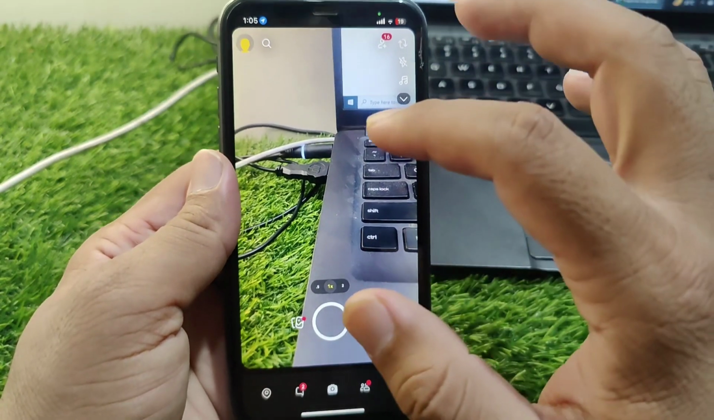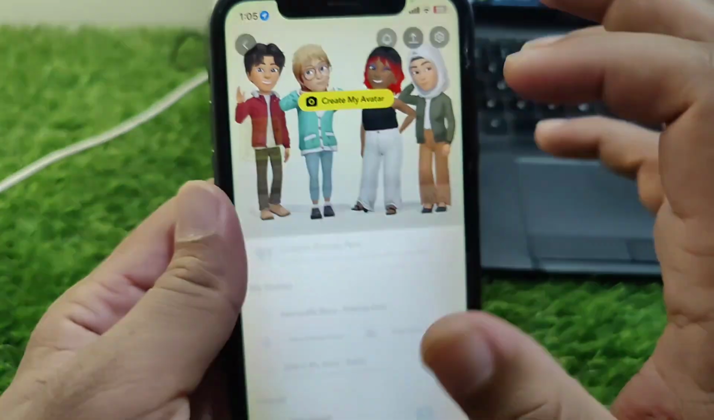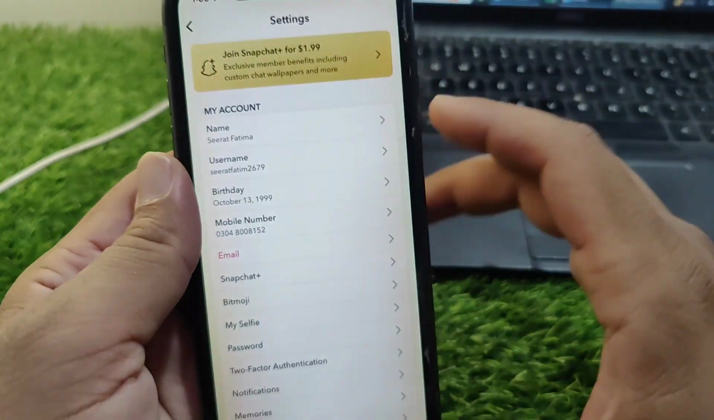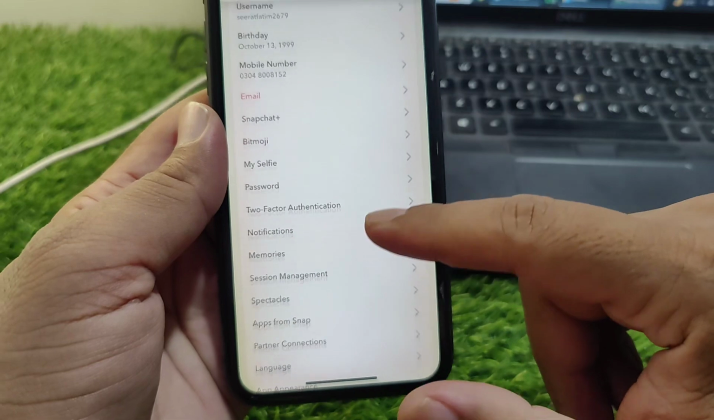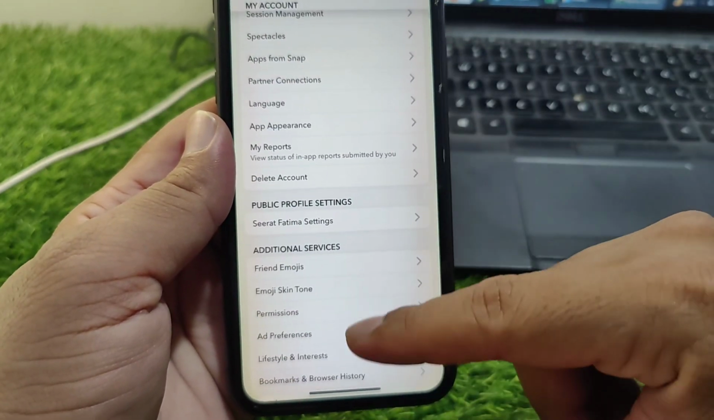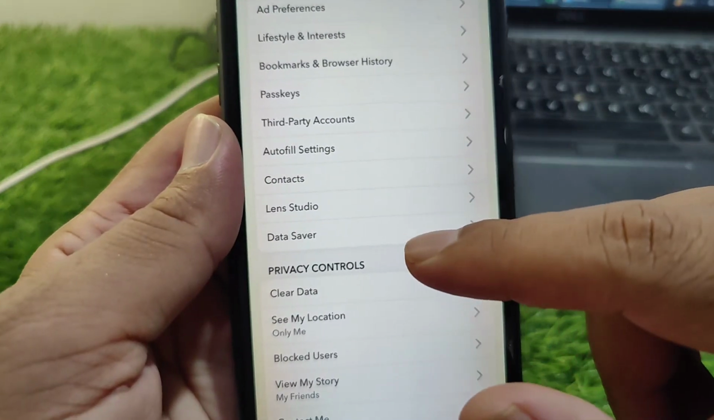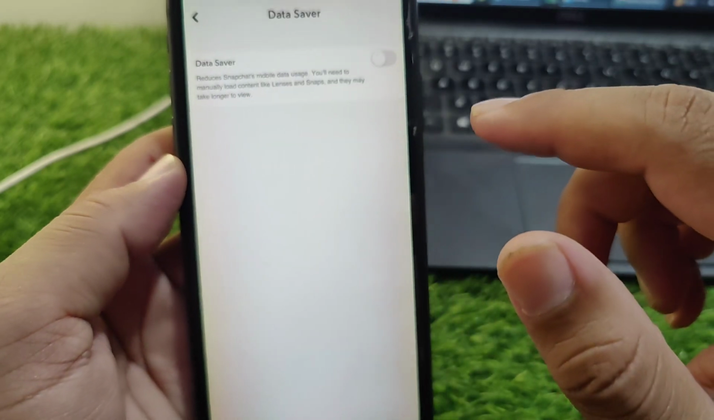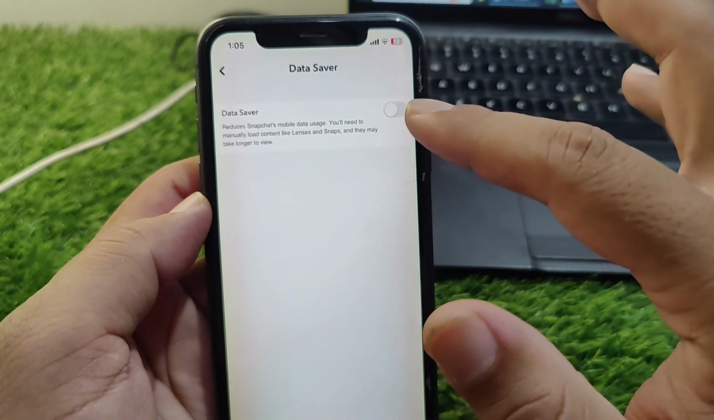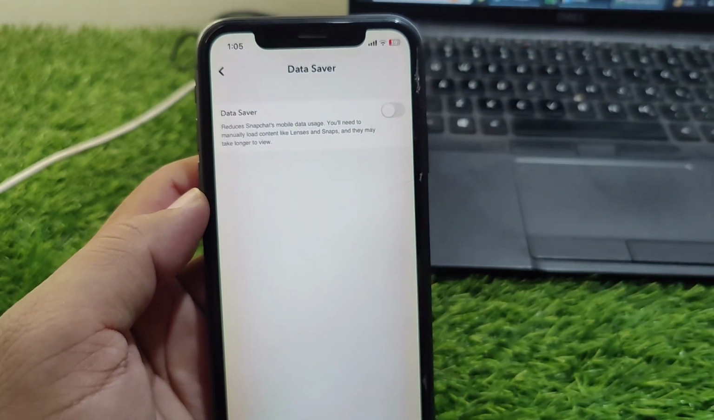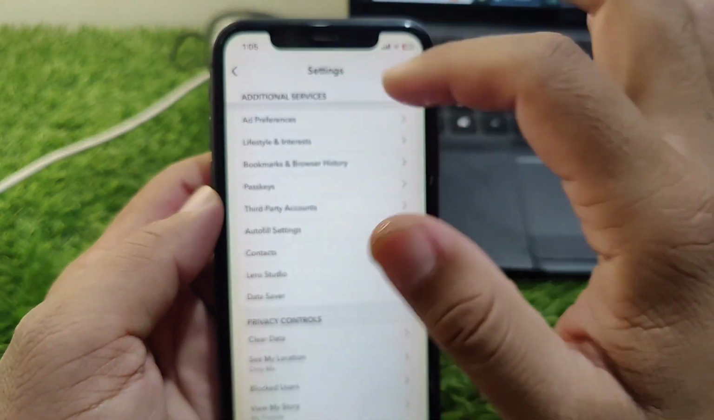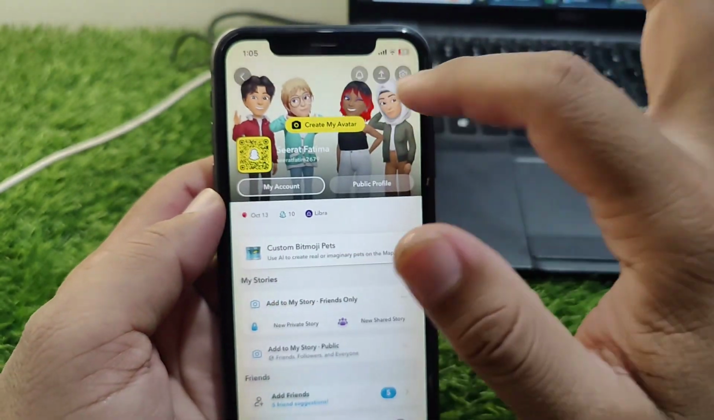and from here you have to simply tap on this profile icon and then tap on settings, and now scroll it below and go to data saver, and from here you have to simply turn it off if it is on. So guys, simply turn it off, and after this go back, and now here I will suggest you to use